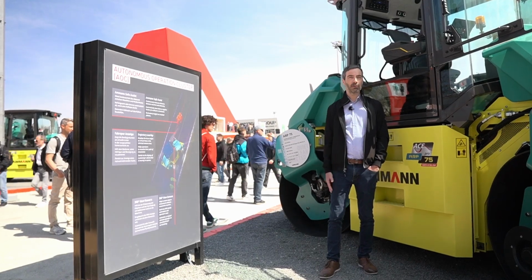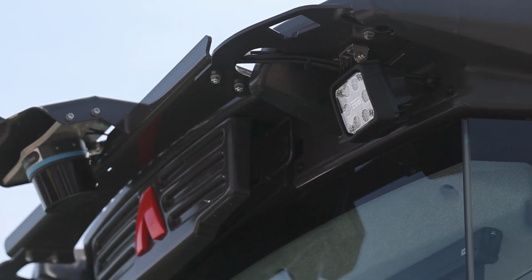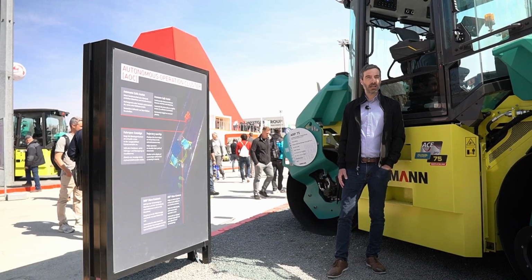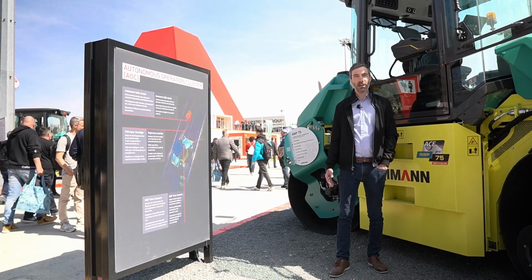First one is the fully integrated camera system, which is connected to the driver's seat. And when the operator turns the seat, the camera rotates with the driver. The second feature is a camera trajectory overlay, which helps the operator to see where the machine is driving, especially in close areas or in